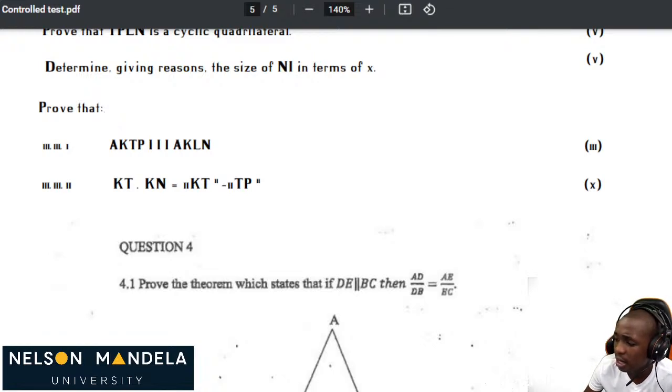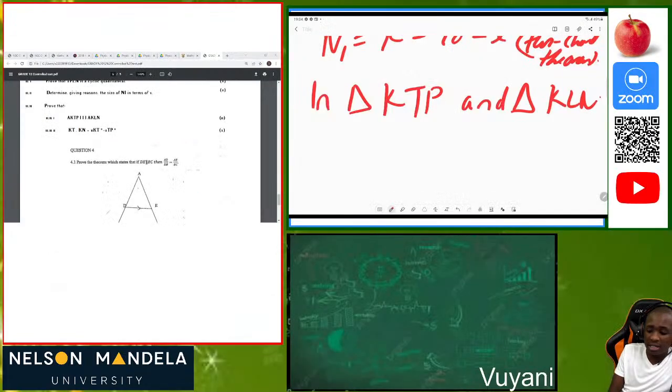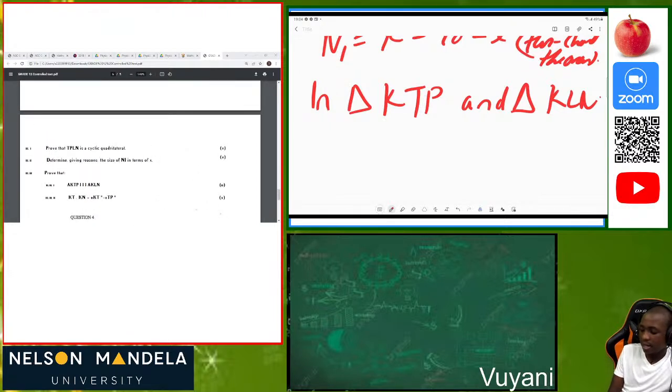Our question says prove that triangle KTP is similar to triangle KLN. So what do we do in that instance? We just write first, in the triangles which we are supposed to prove, in triangle KTP and in triangle KLN. So let's look at triangle KTP, and in triangle KLN,